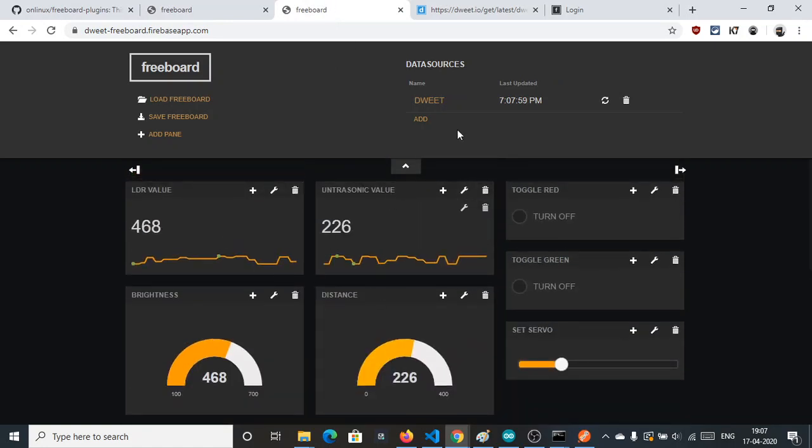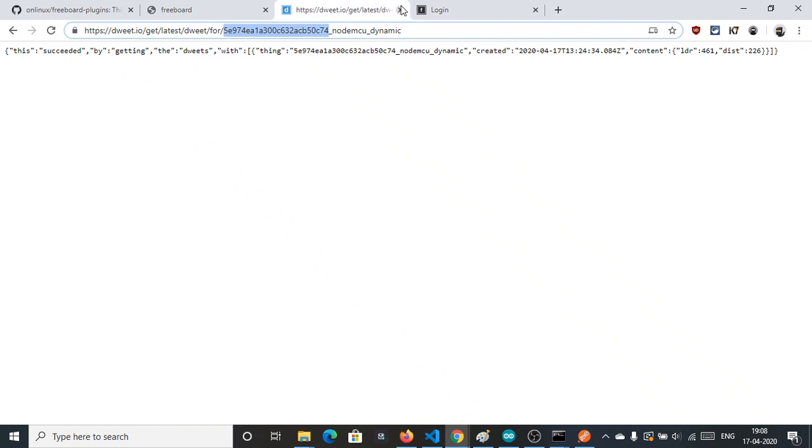This is updating every 5 seconds. It is also perfect, but our motive is not to update every 5 seconds. Our motive is to update when the data comes, and that is possible only when we subscribe to specific topics or fields or these types of things. And those types of things are possible using Dweet.io,